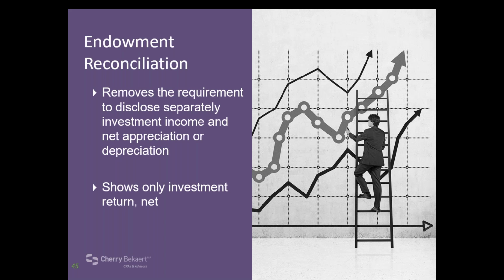The purpose of this is that MIFA focuses on long-term perspective and total return versus the fluctuations that occur with unrealized gains and losses. So I think FASB thought just showing that one investment return net line item would be useful and more in line with the intent of MIFA.